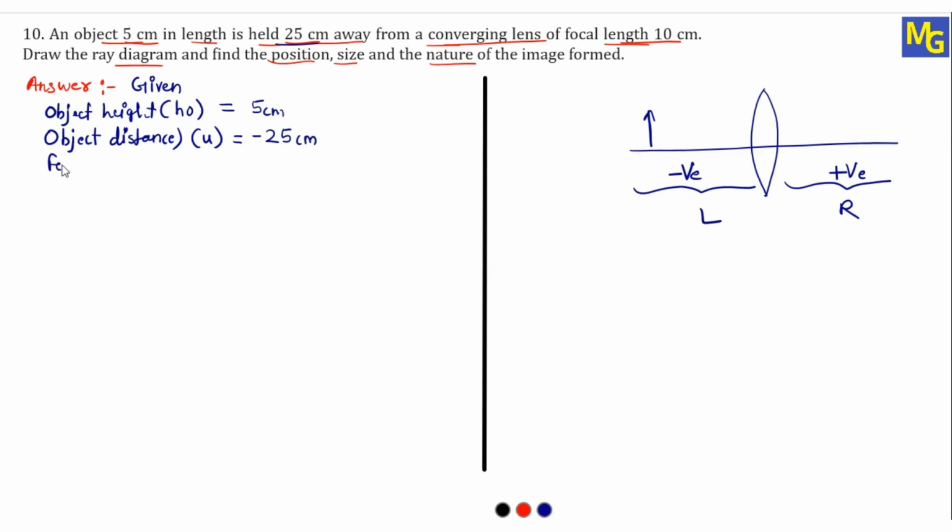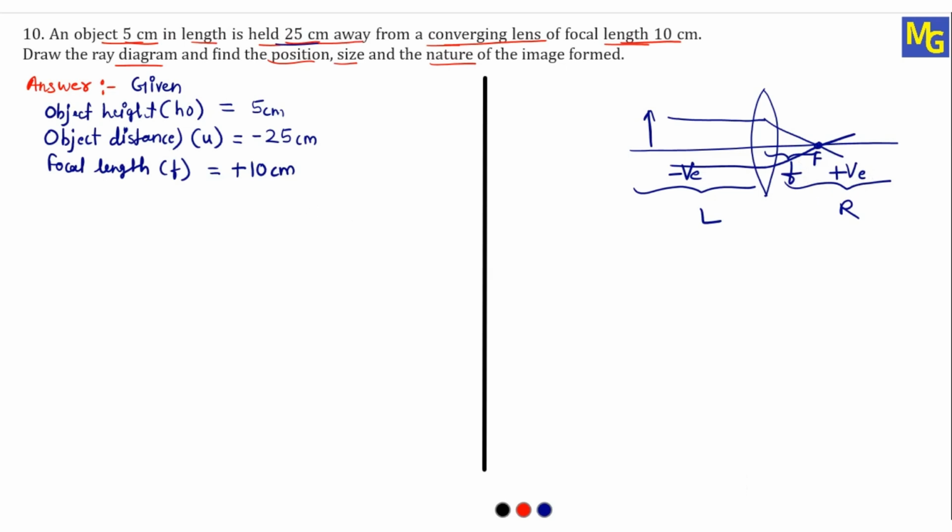Then we have focal length. So I'll write here focal length, it is denoted by small f. So I'll write small f, and how much is given? 10 centimeter. We have to write it plus 10 centimeter. Why plus? Because if you see the diagram, the rays which are going parallel to the principal axis will refract and will meet on the other side of the lens. So like this, and this is called principal focus, capital F, and this distance is called focal length. And always focal length will be on the right side in case of a converging lens,